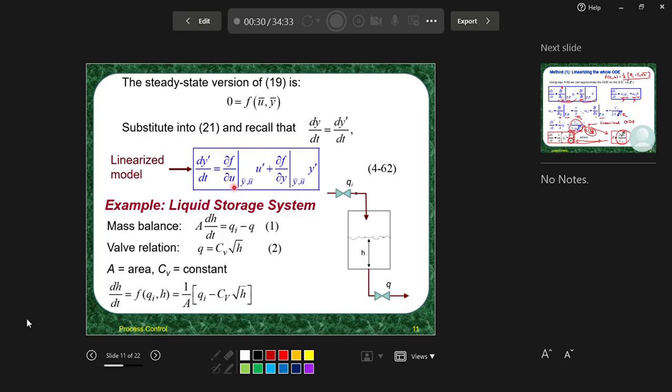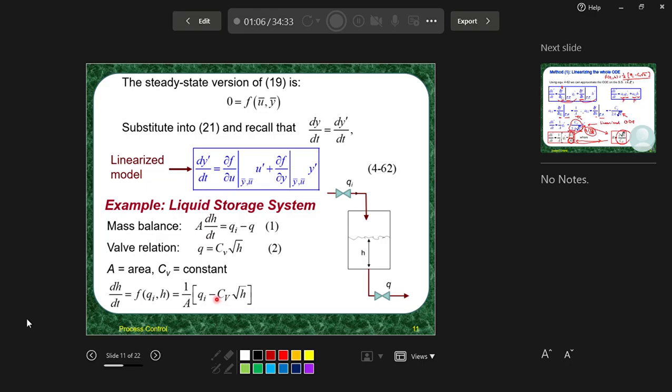The simplest nonlinear model that we can consider is the liquid storage system. Here, when we applied the overall mass balance, we ended up with this equation, and we know that the relation between Q and H is a constant, which we call the valve constant, times the square root of H. We used to call it K, but here it's better to call it CV. A is the cross-sectional area of the tank. And now our model is dH by dt is equal to 1 over A times Qi minus CV square root